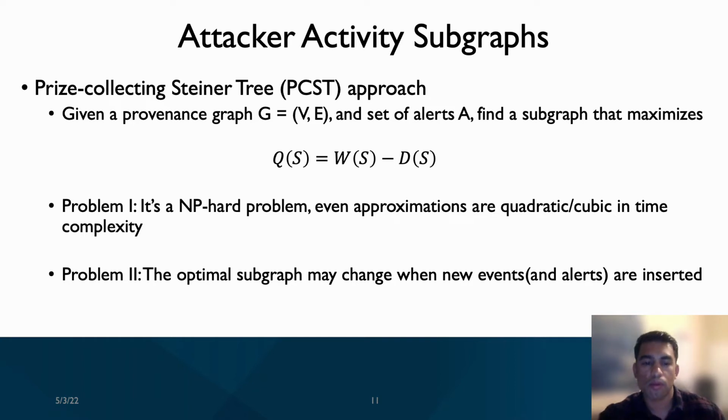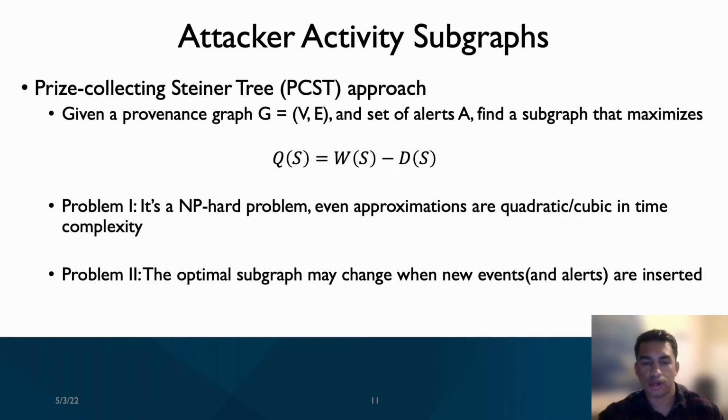The second problem is that this algorithm finds an optimal subgraph, but since we are doing the detection in real time, new events and new information may change what the optimal subgraph is. So in order to accommodate this sort of dynamic environment, we cannot just find the optimal subgraph. Rather, we need to keep an eye on all potential subgraphs that may end up being optimal